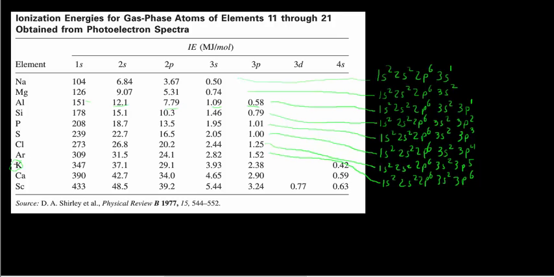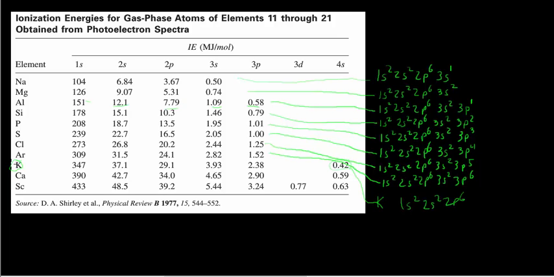So now we're starting on a new row, a new period of the periodic table, and now we've got 1, 2, 3, 4, 5, 6 peaks. So there's a last peak at 0.42 megajoules per mole. And that peak in the photoelectron spectrum is only 1 unit high. So we would write the electron configuration for potassium like this: 1s2, 2s2,